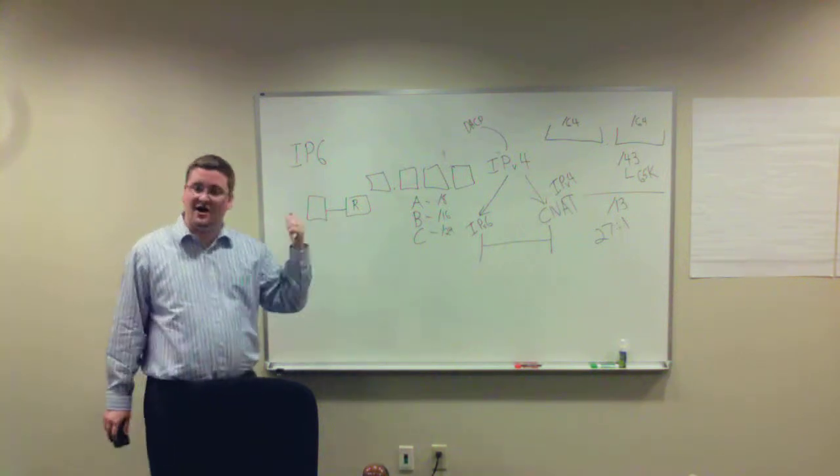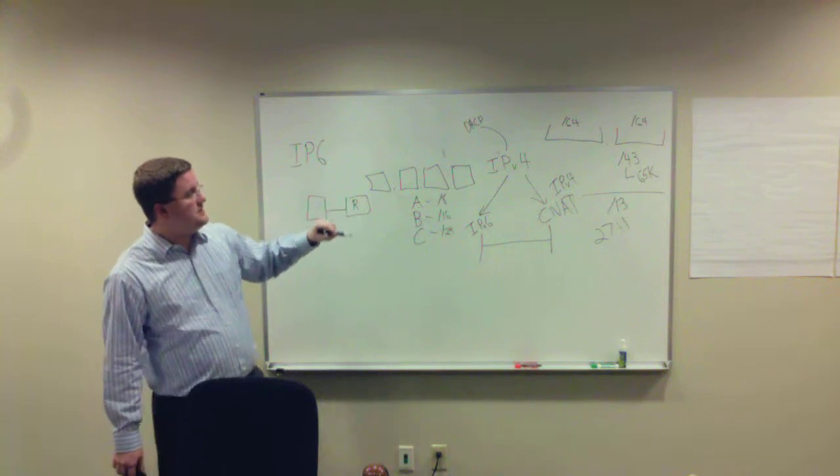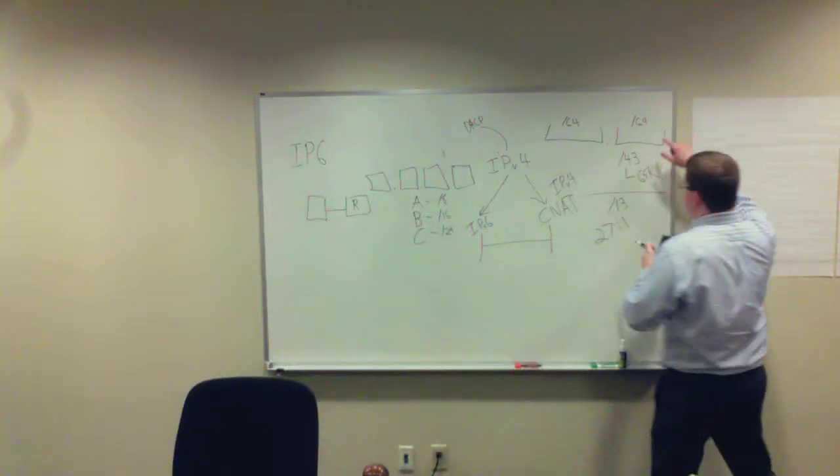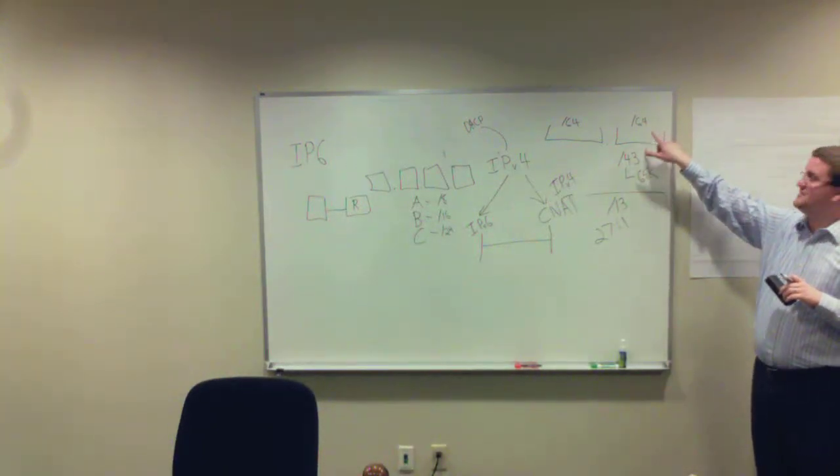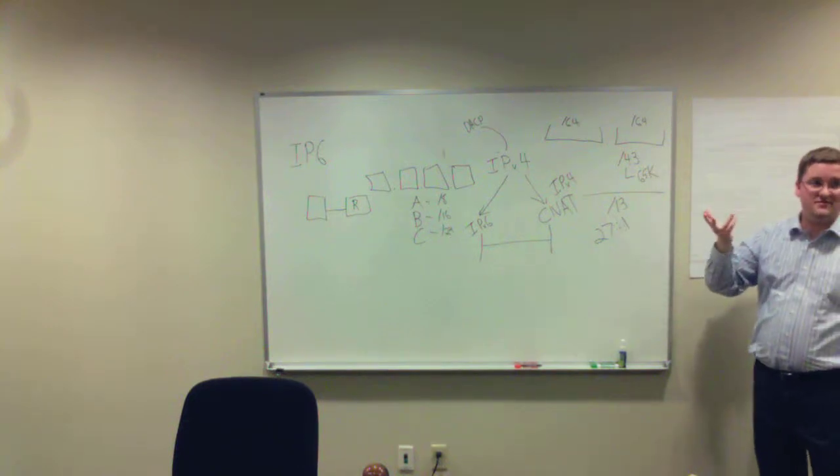Now, with that auto configuration, since a /64 is your smallest one, a device will pick a random number and